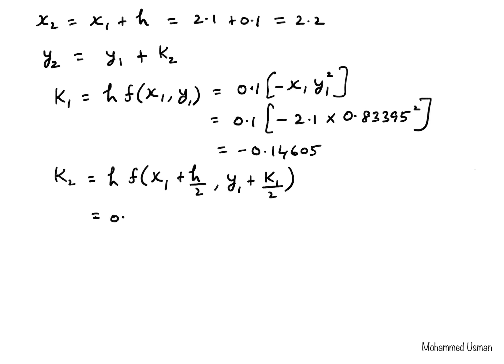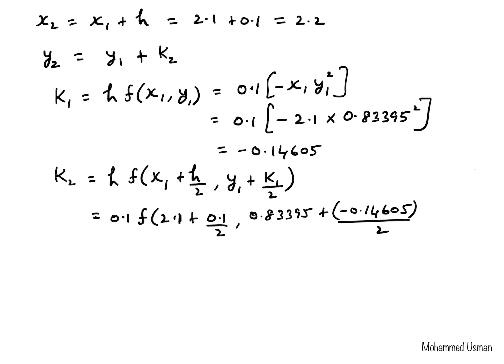So that will be equal to 0.1 into f of 2.1 plus 0.1 by 2, comma, y1 is 0.83395 plus k1 is minus 0.14605 by 2. So that will be equal to 0.1 into f of 2.15, comma, and you evaluate the right hand side there, you get it as 0.76093,